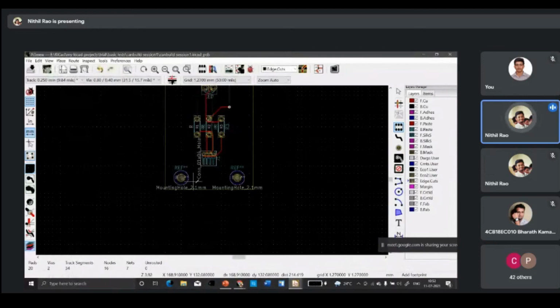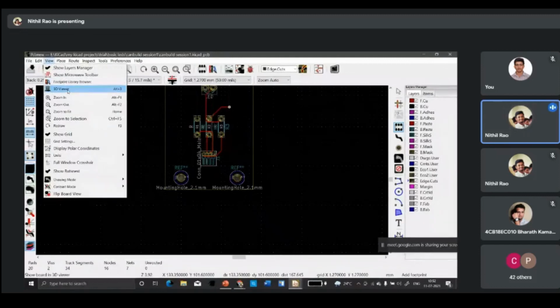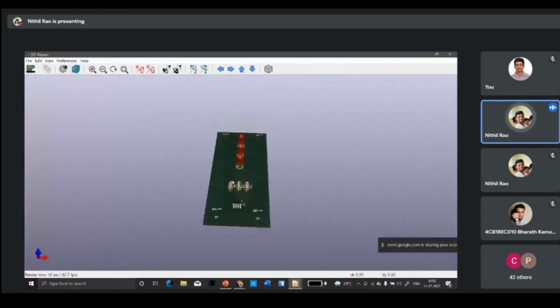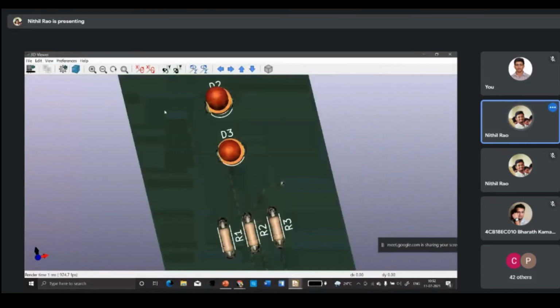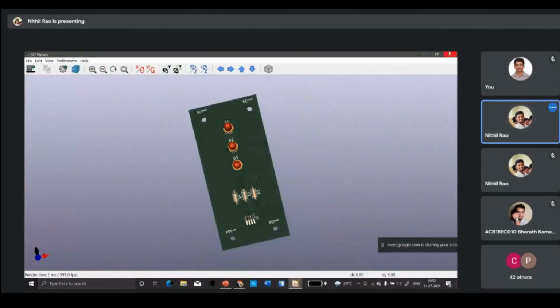All right. So what does this mounting hole do? You can see something like a yellow colored bulb, right? It is not a bulb actually. We can see how it will look in real life. So I'll go to the 3D viewer and show you how it will look. So this is how these holes have been created now. Okay, these holes have been created. All right, we're almost done.